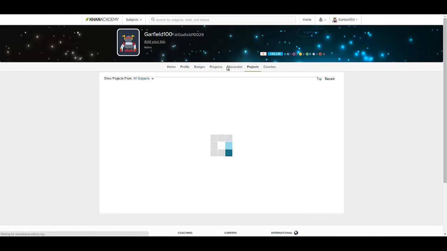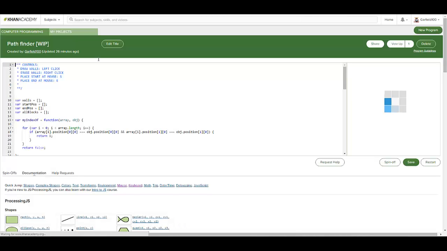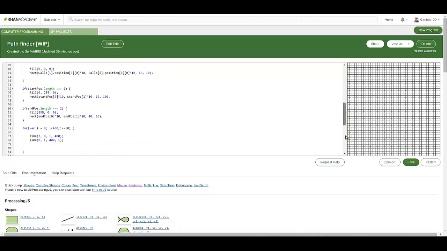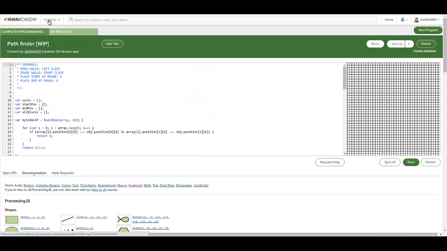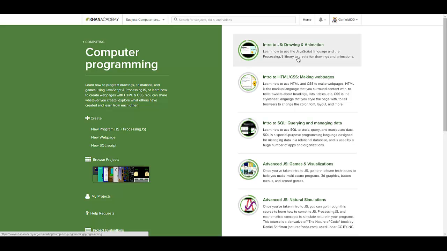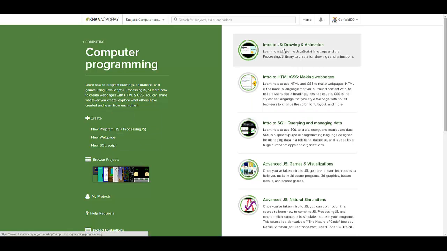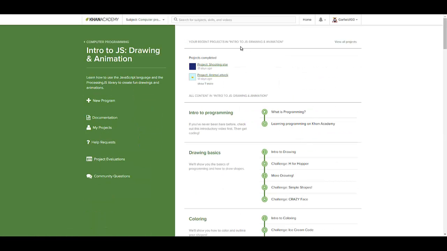So yeah, I'll leave a link if you want to look at the code itself, or if you just want to learn to program on Khan Academy. You just go here, subjects, computing, first sign up, so you can save your progress on programming, and right now there's only JavaScript and SQL. SQL is like database stuff. SQLite, actually.